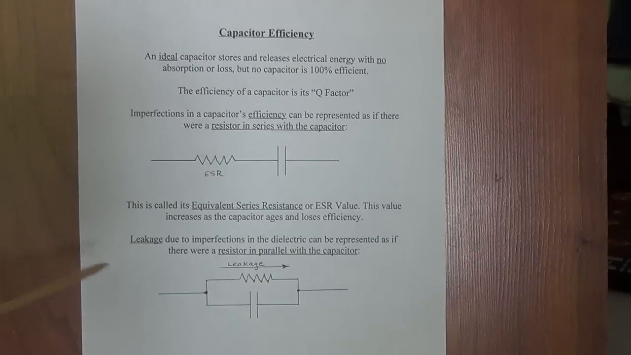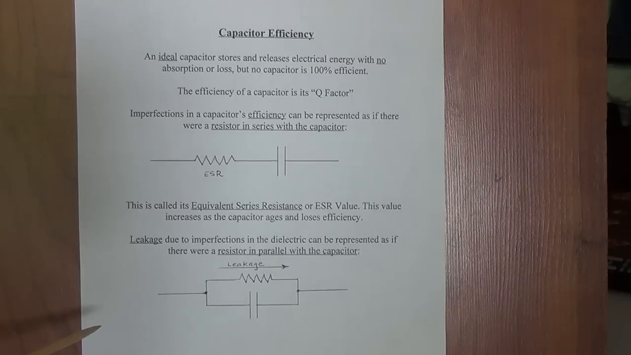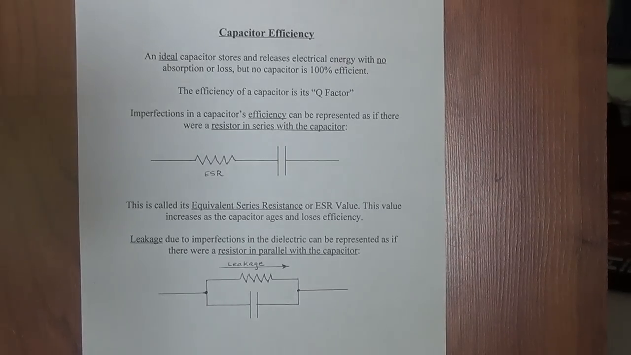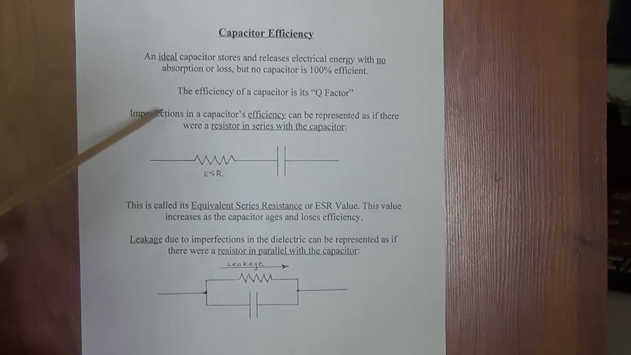We learned in part 1 that an ideal capacitor stores and releases electrical energy with no absorption or loss. Which is ideal, but as in all things mechanical and electrical, no capacitor is 100% efficient. The efficiency of a capacitor is called its Q factor. I know this sounds like one of those shows on TV where they try to find the best singer or the best capacitor, but in this case it relates to imperfections that may occur within the capacitor, which will affect